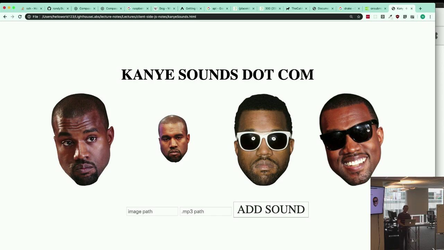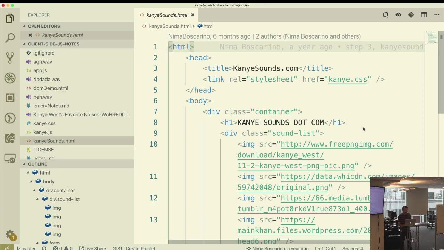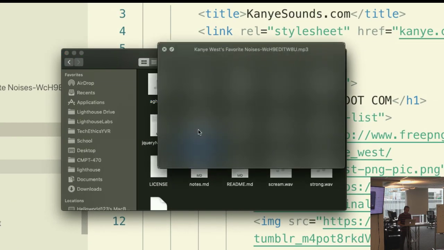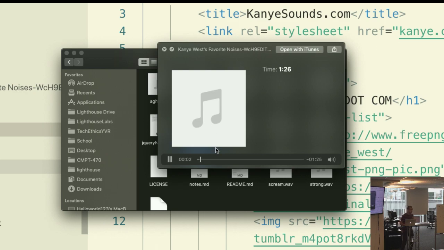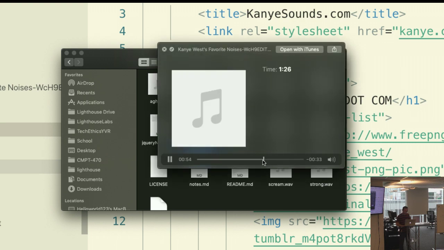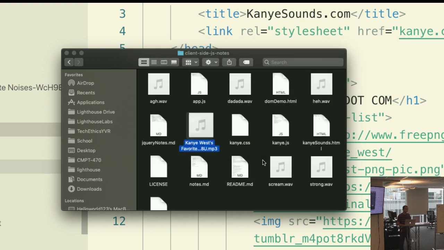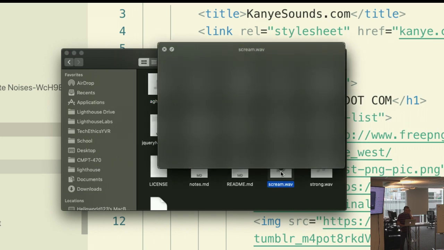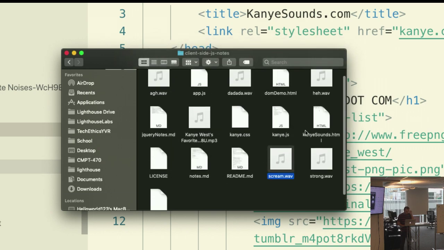I found a big YouTube video of Kanye West's favorite sounds. It's a bunch of his ad-libs or whatever all put together in like a 1.5 minute clip. So I used Audacity and I snipped out a couple of my favorites. And I gave them names like, and I like the